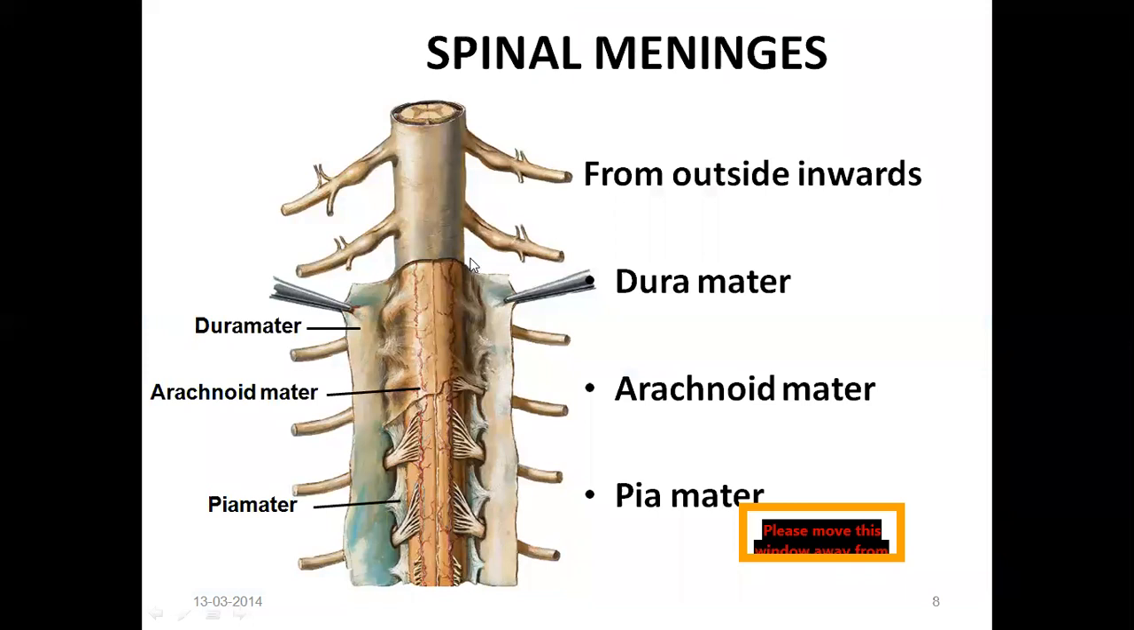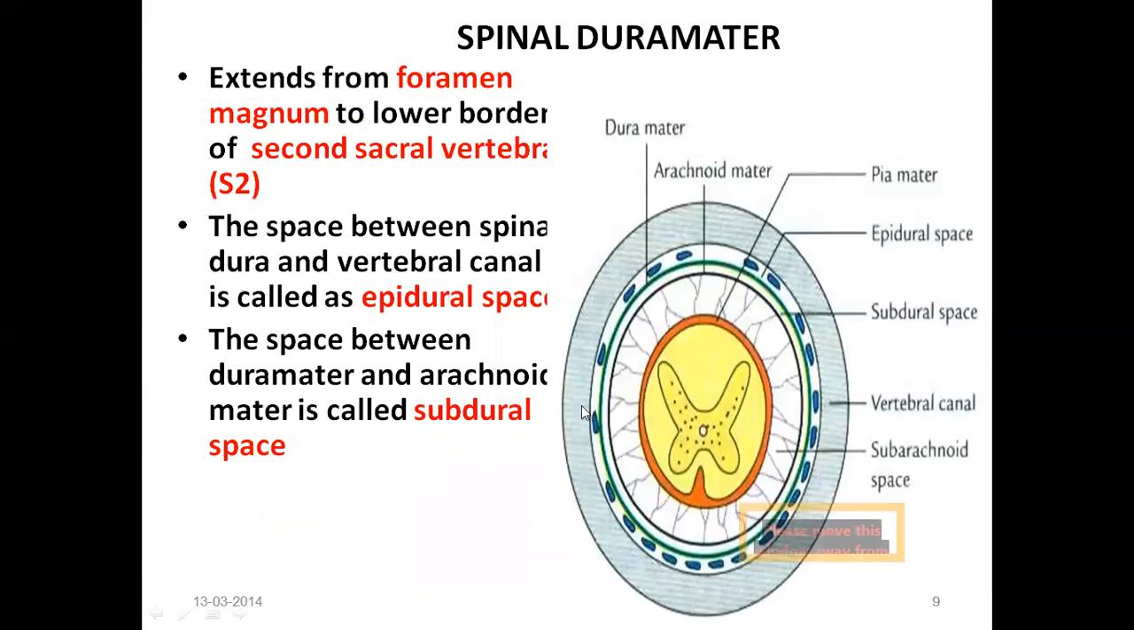Now, see the spinal meninges. Like the brain, we have three coverings. From outer to inner, the outermost covering is dura mater, the middle is arachnoid mater, and the innermost covering is pia mater. So the same coverings extend even up to the spinal cord. So the spinal dura mater,